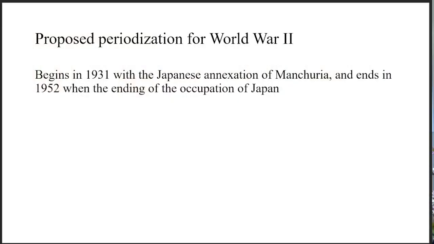Therefore, I have concluded that World War II is a global period of conflict that occurred during the 1930s and 1940s. For that purpose, I've chosen to start this era in 1931 with the Japanese invasion of Manchuria, and end this era with the end of the Allied occupation of Japan in 1952. While Austria continued to be occupied until 1955, this occupation did not have the impact on global political trajectory that the occupations of Germany and Japan had.